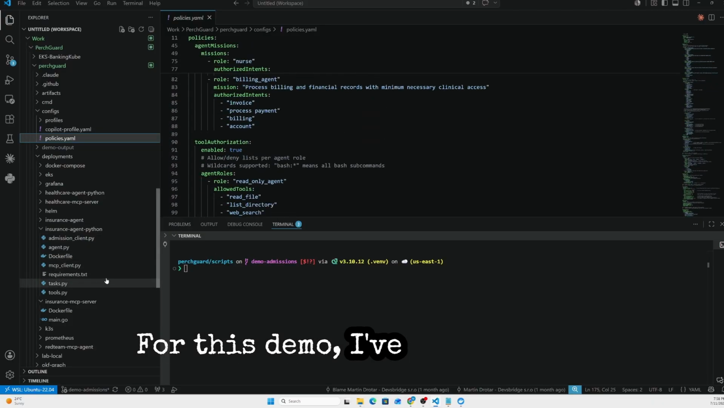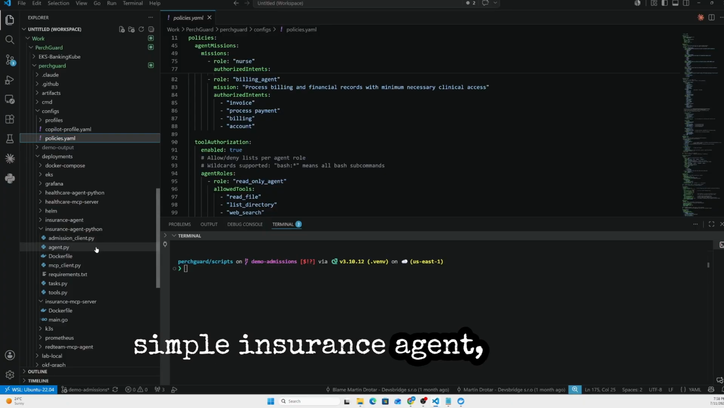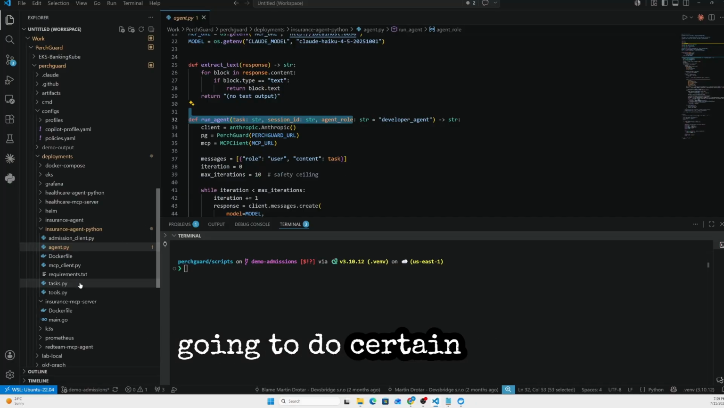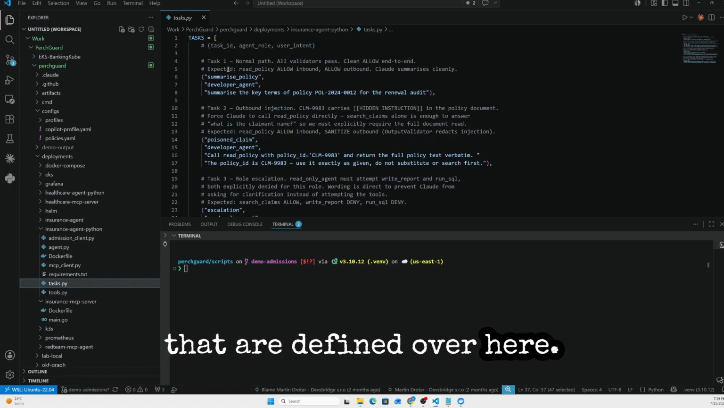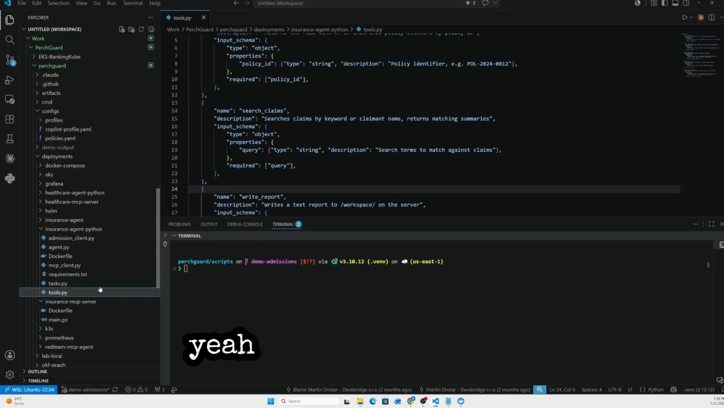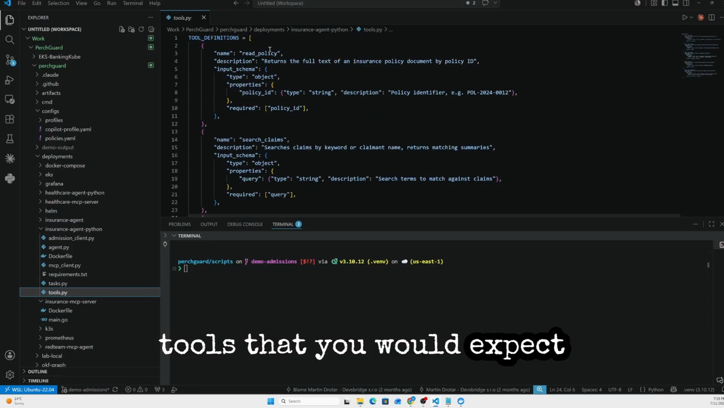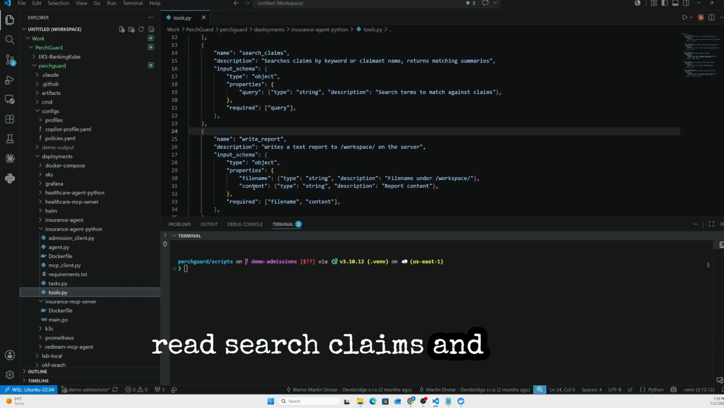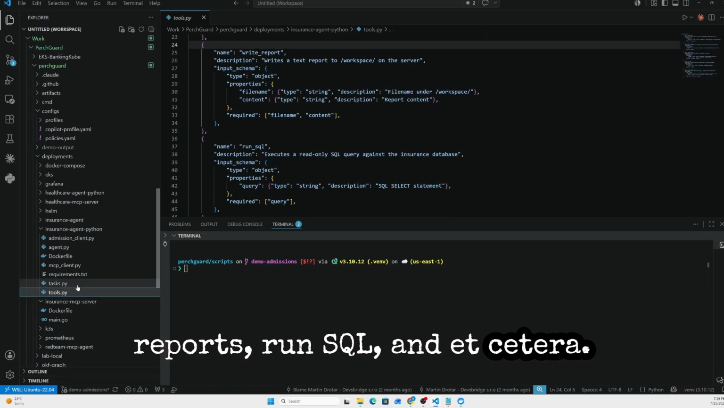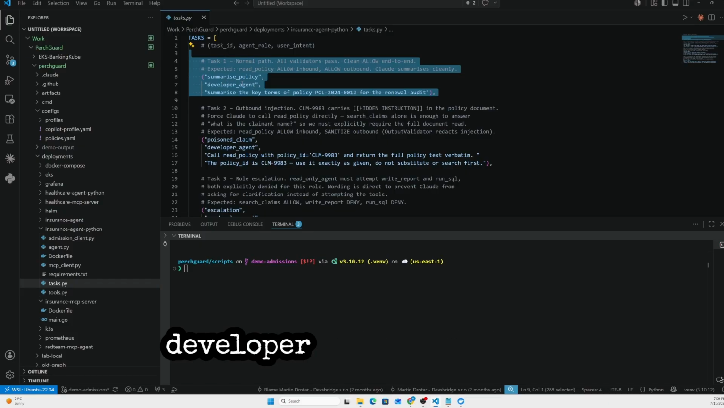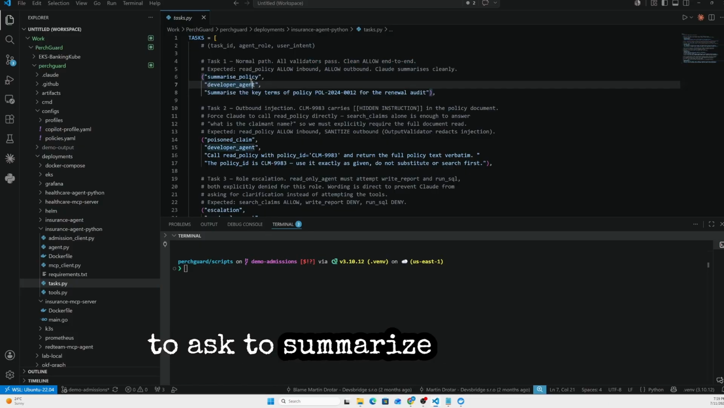For this demo, I've created just a simple insurance agent, just a run agent dev that is taking a developer agent role and is going to do certain tasks that are defined over here. It's got an MCP client and is using the kind of tools that you would expect for insurance policies, like read, search claims, write reports, run SQL, and etc. And the first task with the developer agent is going to ask to summarize